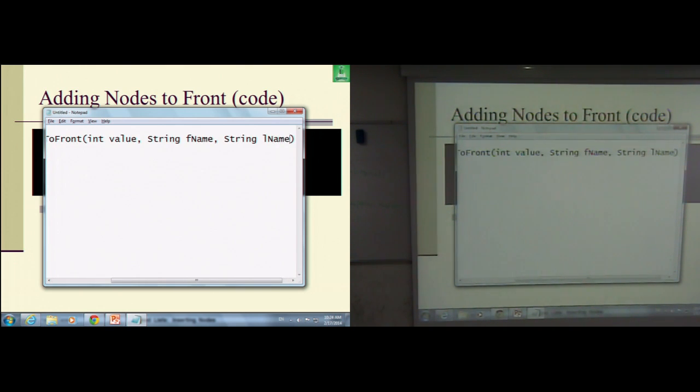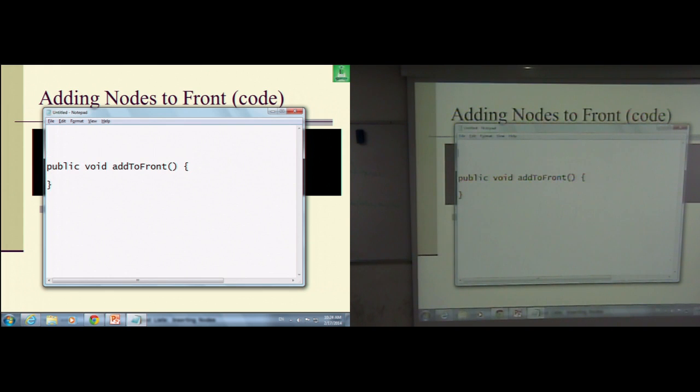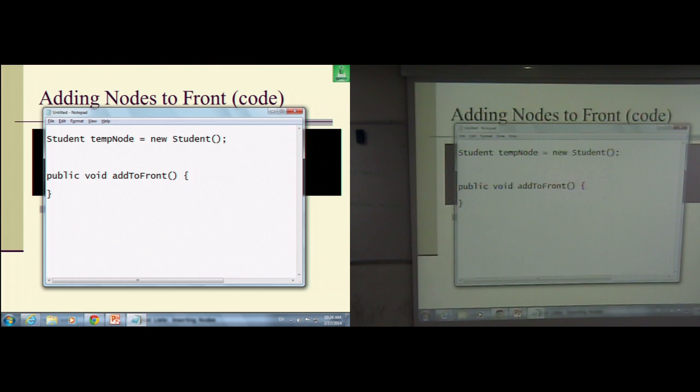Clear? But better than this, if you have many data members that you read, what you will normally do is, before you call this method, you make a node. So inside your main, you would have something like a student node, called temp node, equal new student. Then we would read everything into temp node. Yes, temp node dot